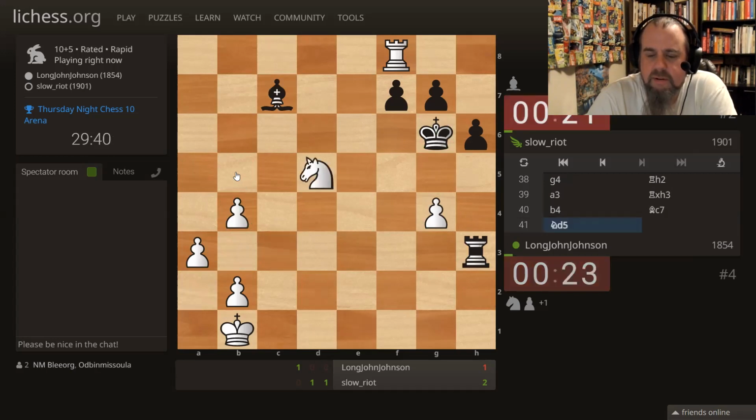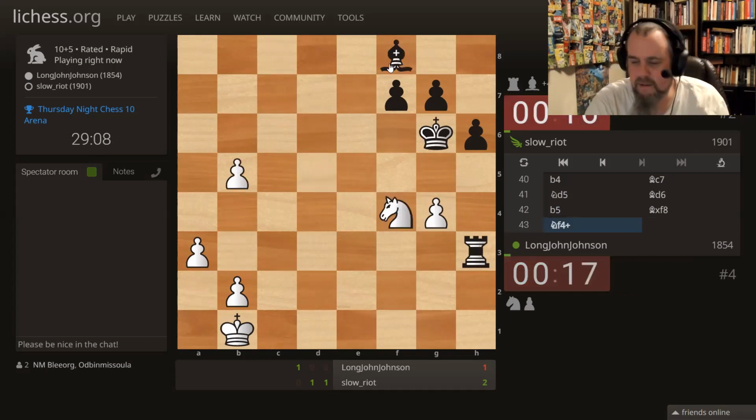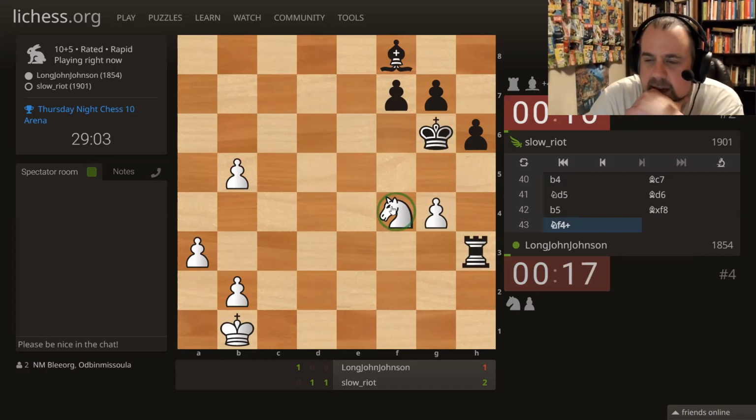This guy's going to play go pawn go. No. Give me the bishop. Give me the rook. Oh, no, he gave him the rook. Oh, but he didn't. Oh, surprise. Okay, but